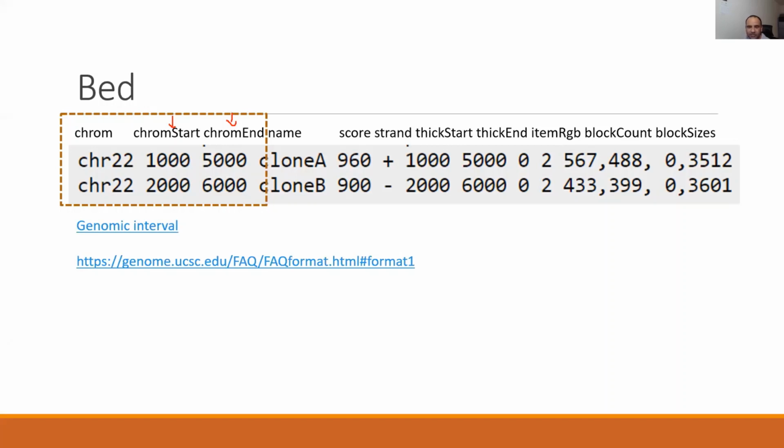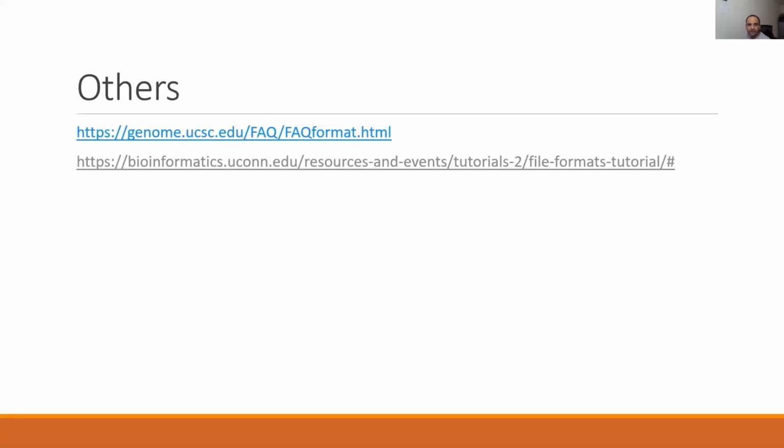In addition to that, it can have other information like strand, and, while visualizing, where the thick start of the gene sequence you want to show is. Again, it only has three columns at minimum, so it is a very compact type of structure that we commonly use. With that, this is the last slide, and these are the most commonly used file formats that we use